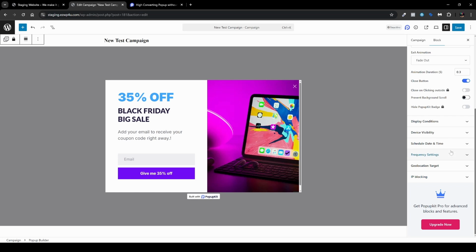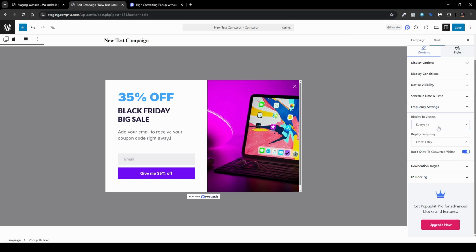And the same goes, for example, for frequency settings. You can see here everyone and display frequency, and currently it is set to once a day. That is only available for the free version, and all the other options are available in the pro version. Now, before I head over and enable the pro version so we'll be able to see more stats and more options available to us, I want to show you, for those who are less familiar with Gutenberg,